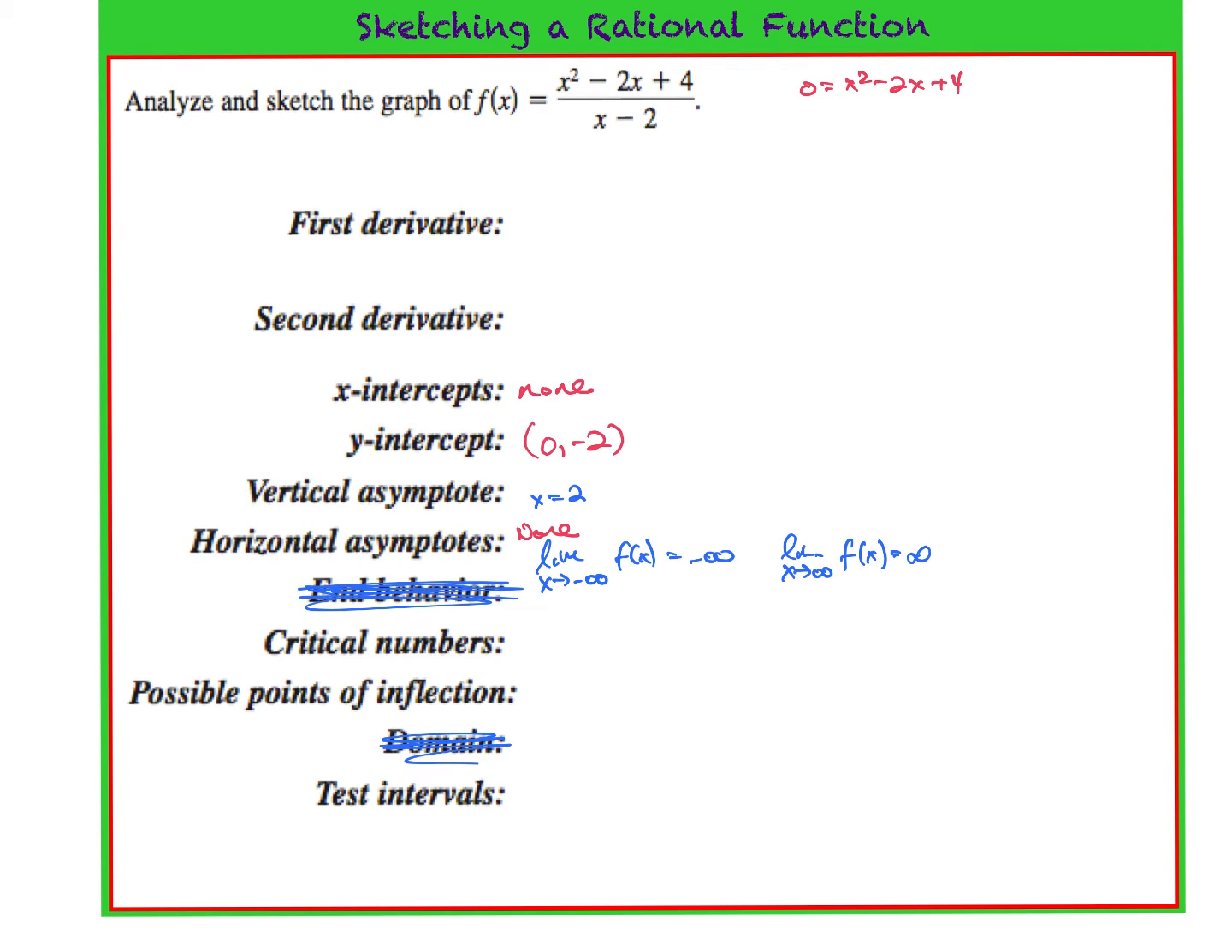Now, we need to get to our first derivative and critical numbers and stuff. So, let's take a derivative. What rule do we have to use? Quotient rule. All right, what's the derivative of my top? Times the quantity minus the derivative of the bottom is 1 times all over